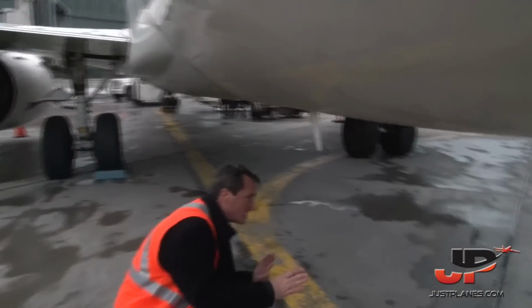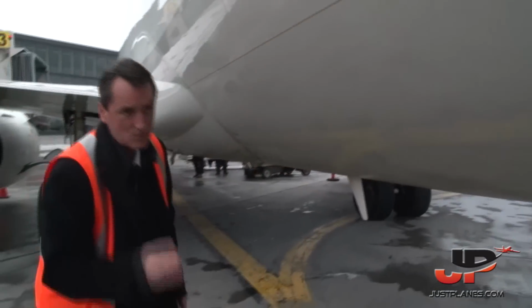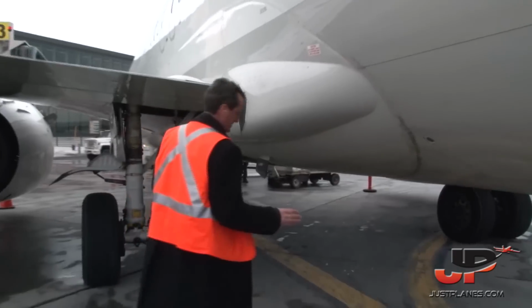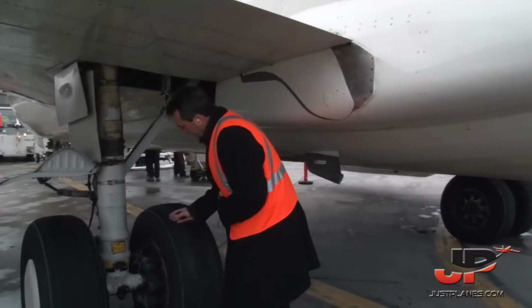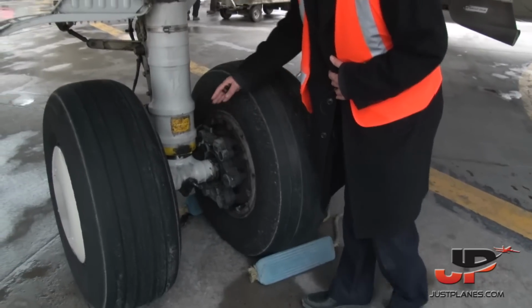and you want to check the general condition of the belly, of course. It's a fairly long airplane. That's why we have the tail skid. The airplane's pitch critical like a 737-800. Looking at the APU drain shroud, looking at conditions of the tires, we're looking at the main gear brakes,